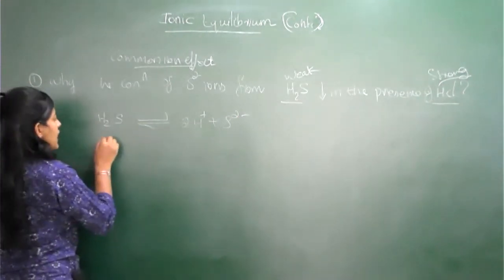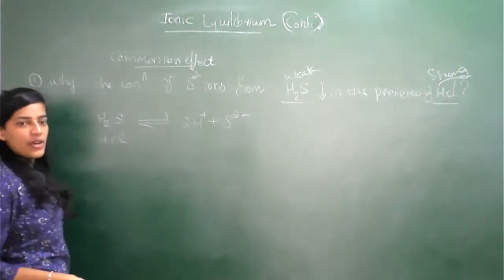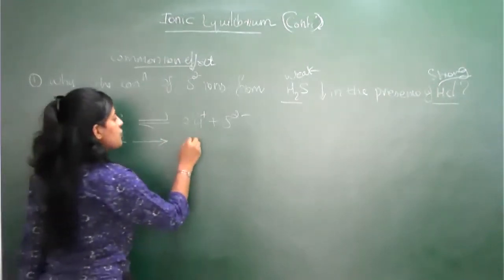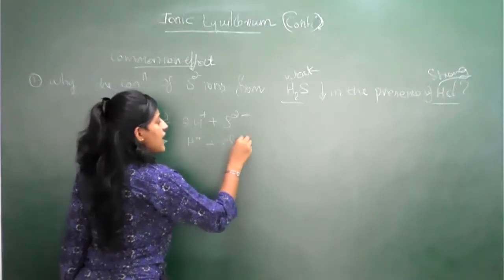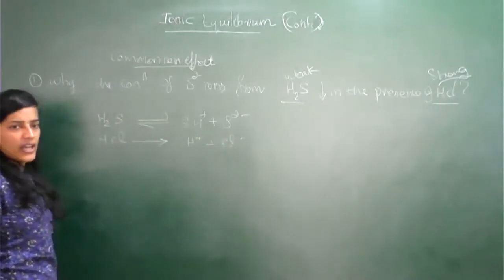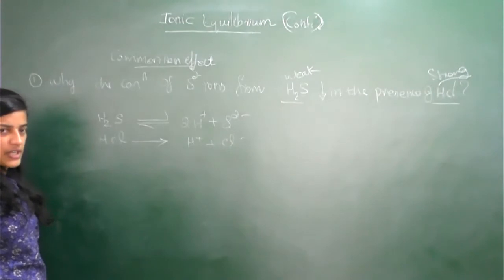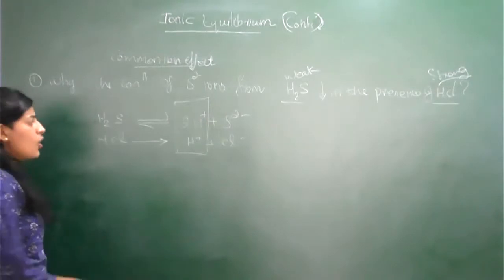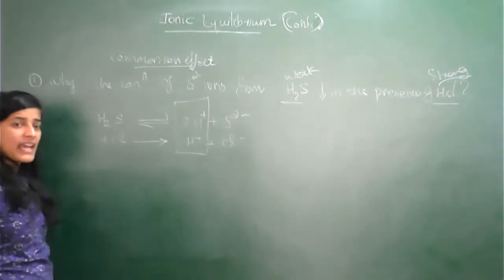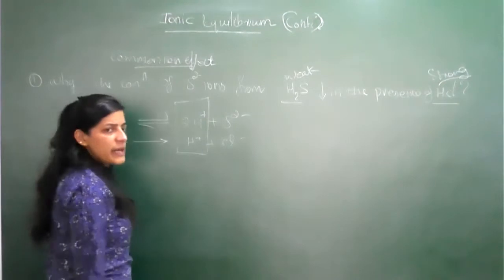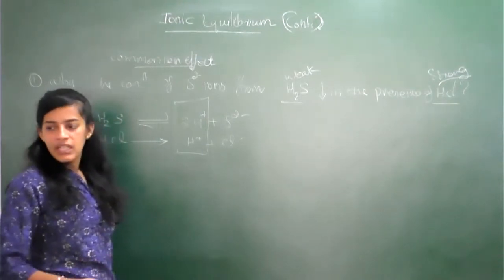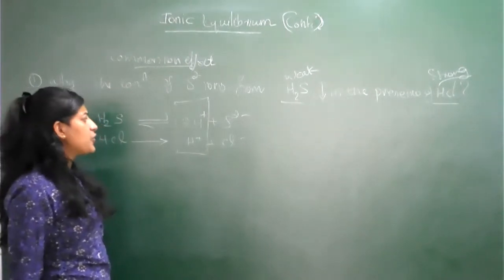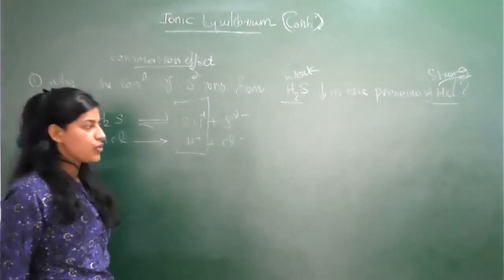And then what about HCl? Reverse arrow or forward arrow? Forward, why? Because it is a strong electrolyte, complete dissociation, forming H plus plus Cl minus, of course. So is it following the common ion effect principle? Yes, of course, because H plus is common to both, and one is weak and the other is strong. Then according to Le Chatelier's principle, what happens? The reaction shifts towards the backside due to the presence of the common ion. These are things you are familiar with.